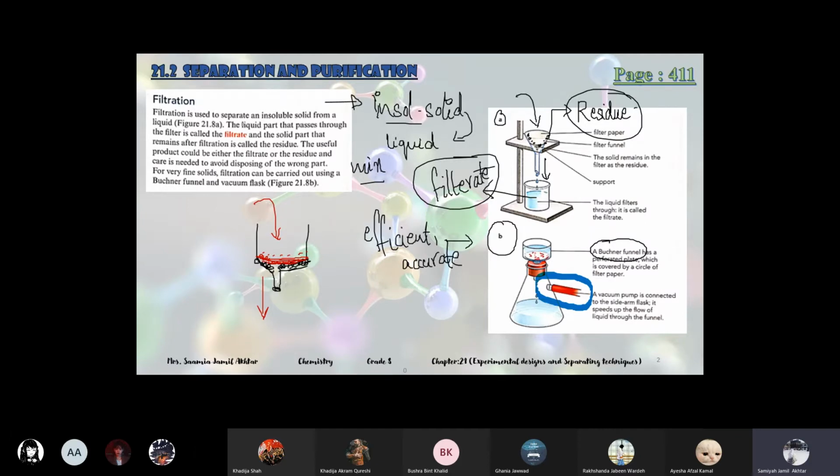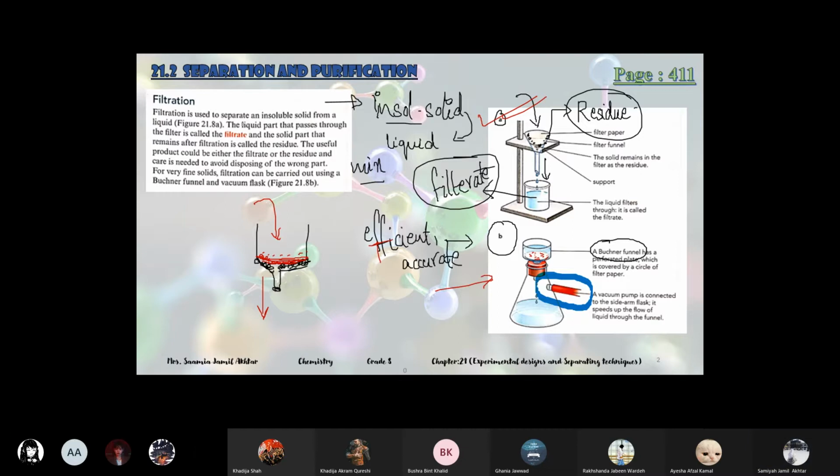It's a more accurate method, and when we have very small particles of solid, we also use the Buchner funnel method. If we have large particles, we can do the simple, old method of filtration. But if we have very fine particles, it's better to use the Buchner funnel.